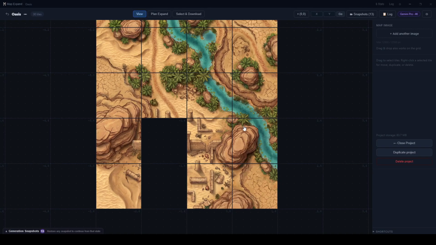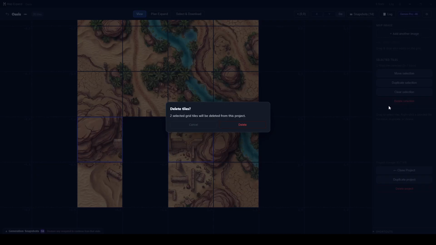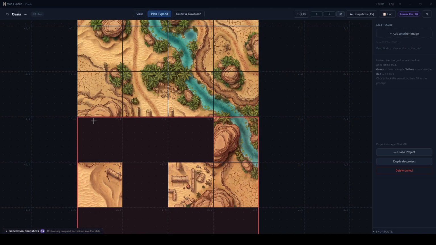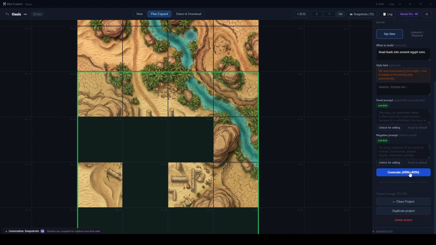Yeah, delete. Yeah, I think I don't like this and this either, but I want the road to lead into ancient Egypt ruins. Okay,